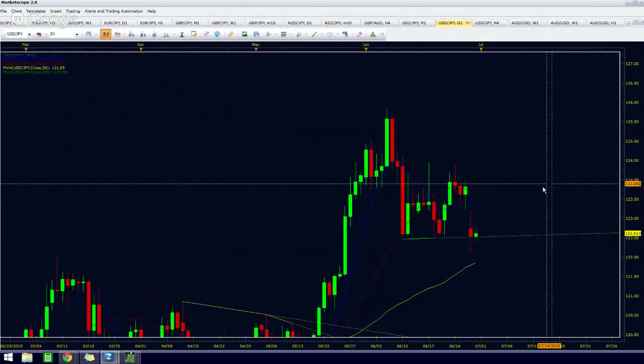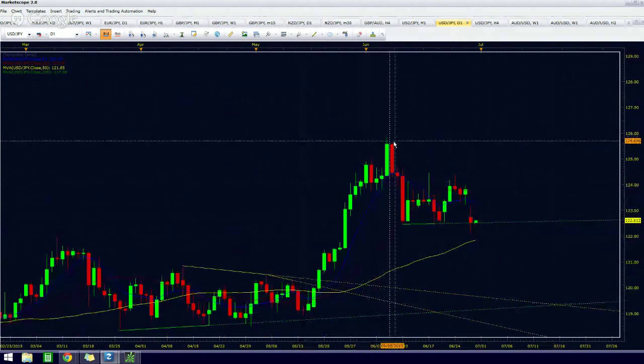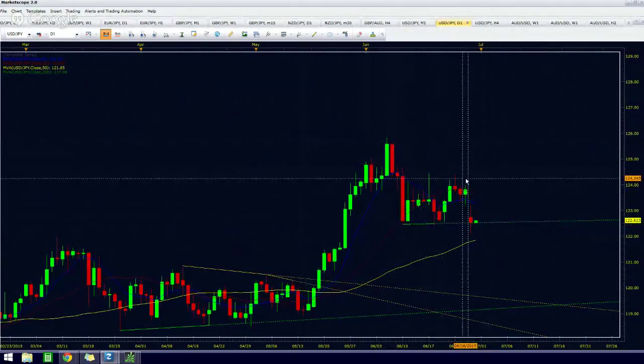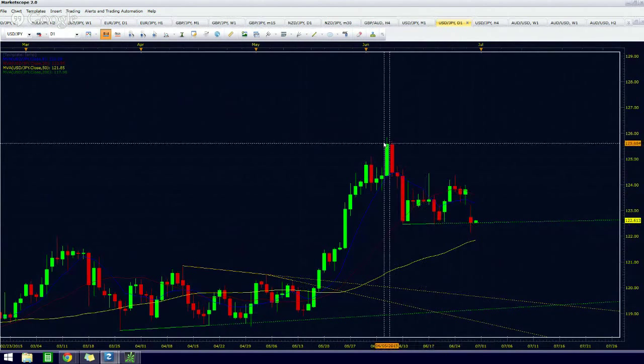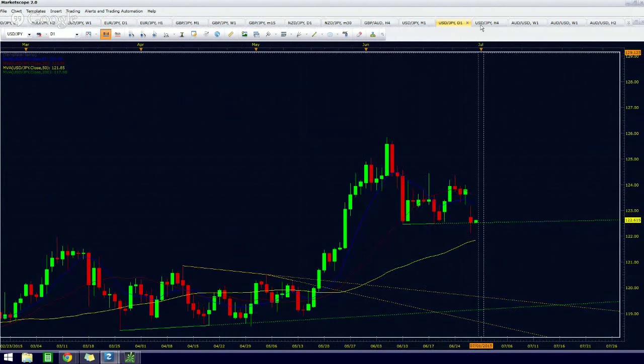Okay, so we have the move up here. Price has peaked here. We don't really have any significant swing highs that we can use in order to draw resistance here on this chart. So we're going to go ahead and leave this alone now. We're going to go ahead and just have for our current resistance level on the dollar yen,